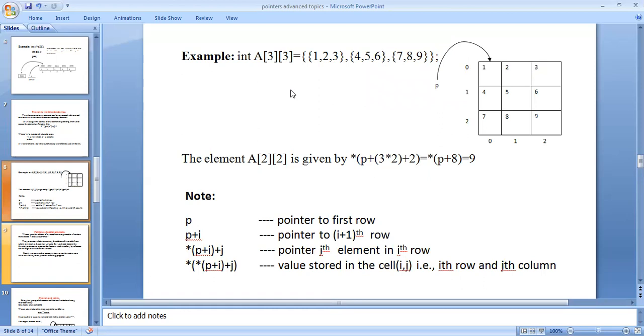Each individual element is separated with a comma. In this table, the rows and columns are 0, 1, 2, for a 3 into 3 matrix. The first row of elements is 1, 2, 3, the second row 4, 5, 6, the third row 7, 8, 9.